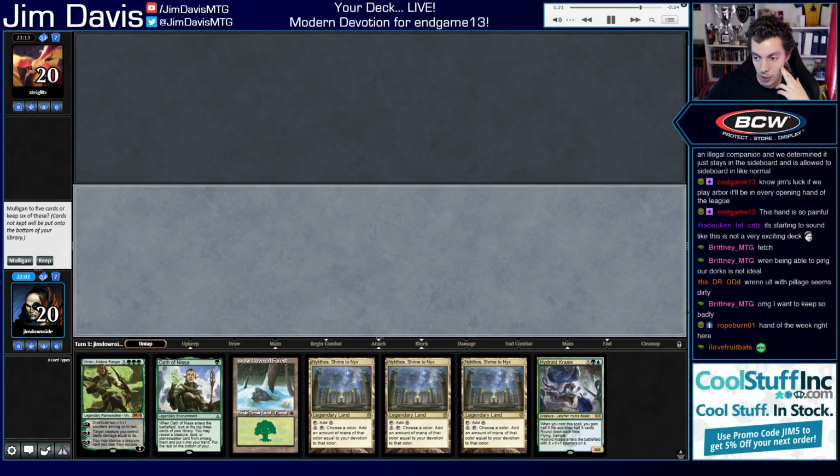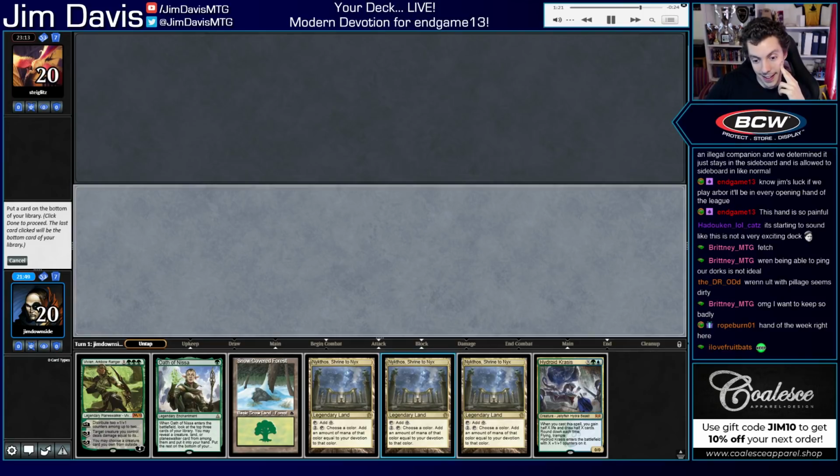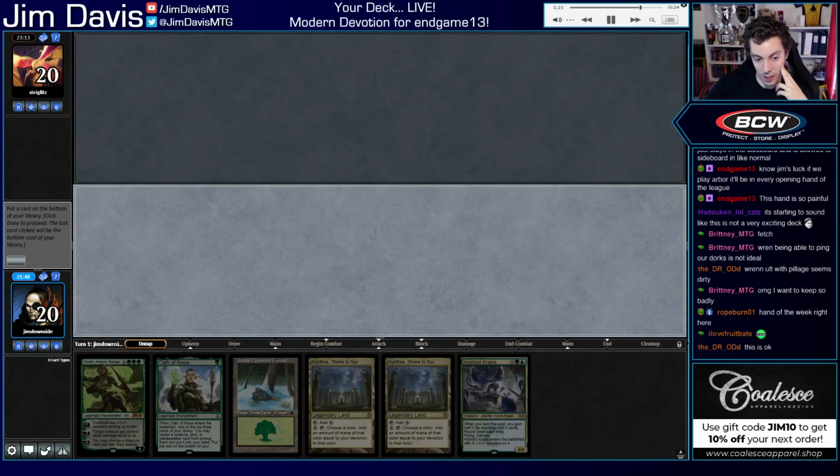Man, Endgame, you were just cursed, my friend. Alright, I guess we're going to keep this, and just Oath into a mana creature, I guess. Oh my god. It's basically 5 cards, I guess, but...